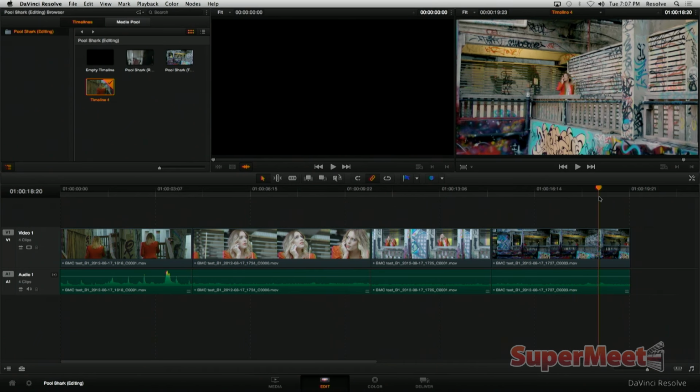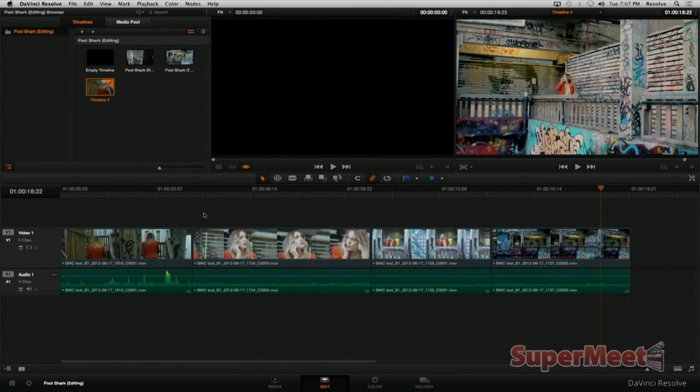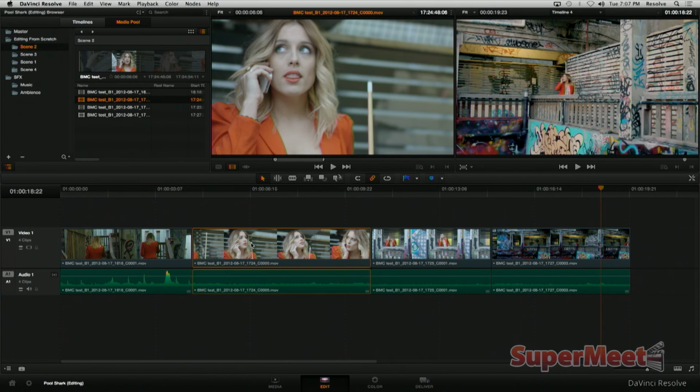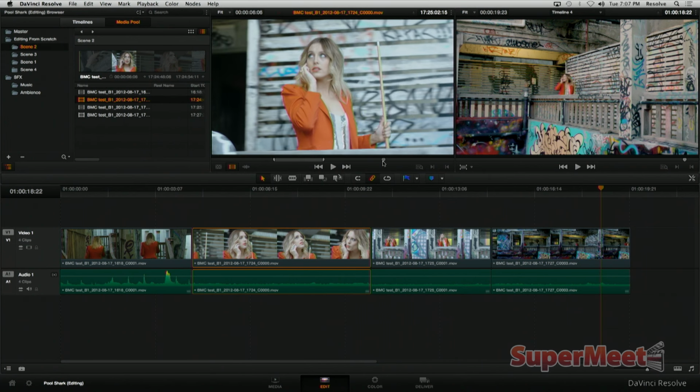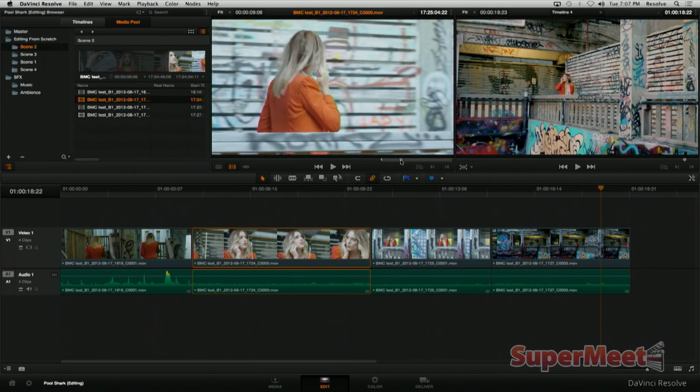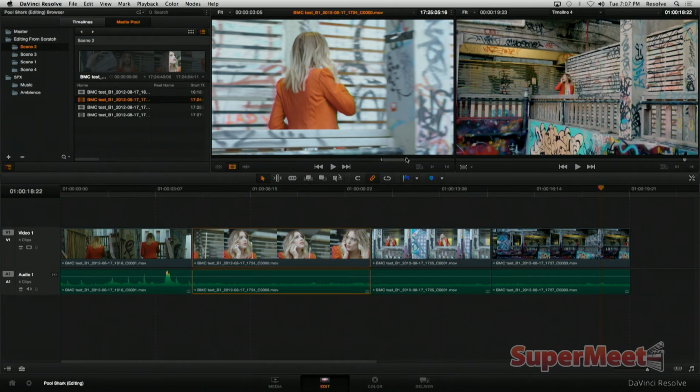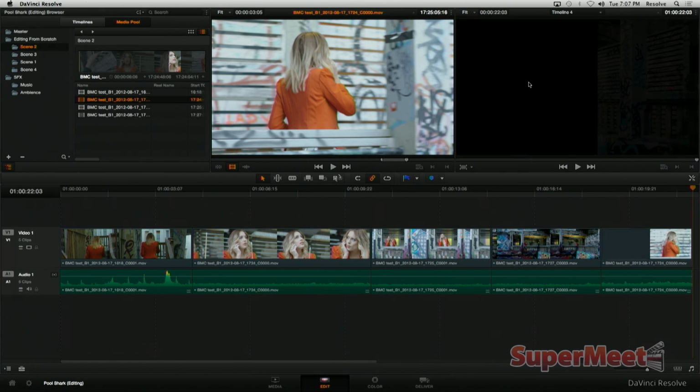So if I go here, maybe I want to cut to a close-up. So I'm going to double-click this clip back here. Double-clicking a clip in the timeline does a match frame. And with this match frame available from the media pool, I can pick a matching angle. I can match frame either from the media pool to the timeline or from the timeline to the media pool. I can go either way. With this setup, I can drop it in,